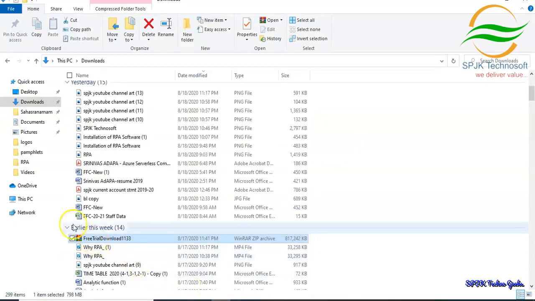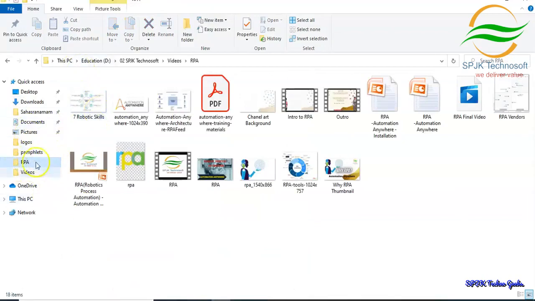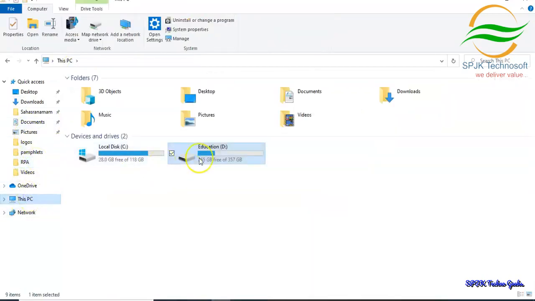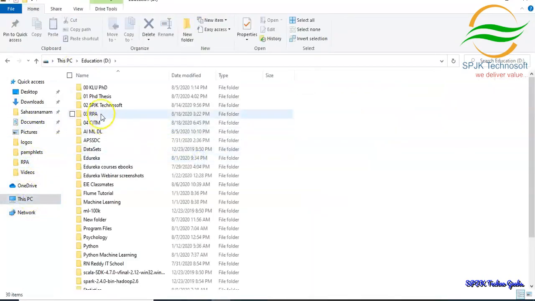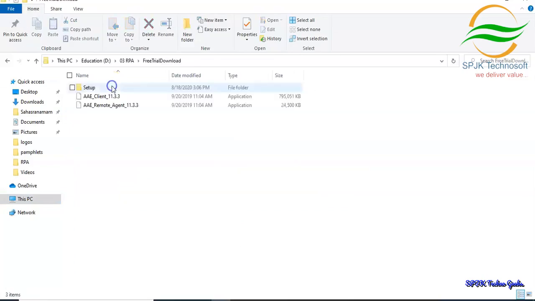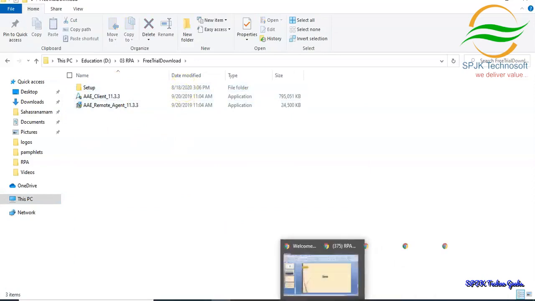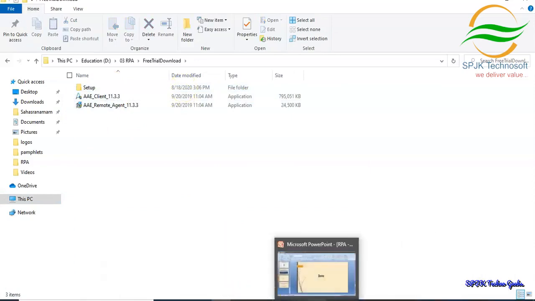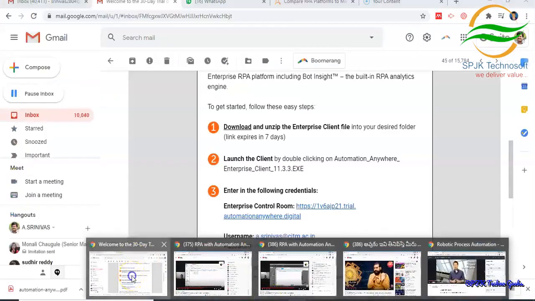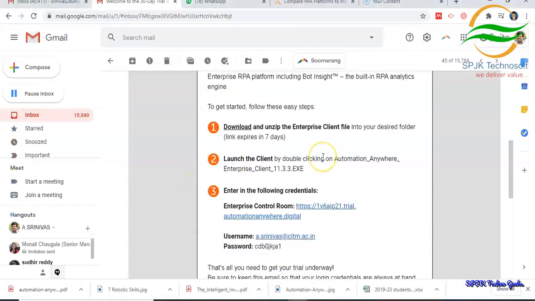So this is the downloaded file, and you can see the encrypted file here, free trial download. Clear? Once you extract the files, then check your email which you had given during the subscription. So first step is completed.